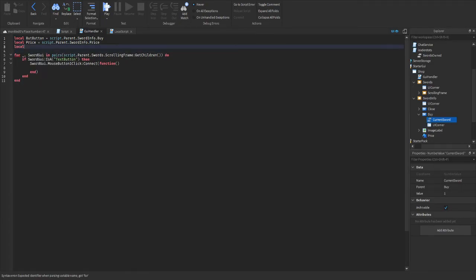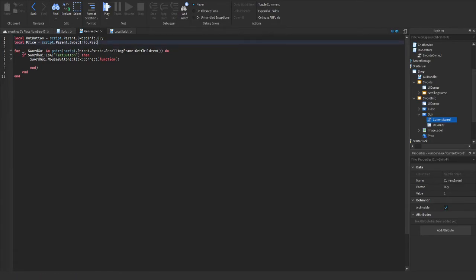I'm pretty sure that's it. If you wanted to do image label, which I'm not going to do, you just do basically the same thing, and then you'd find the image label. So sword GUI.mouse button one click hold connect function current sword, let's see,